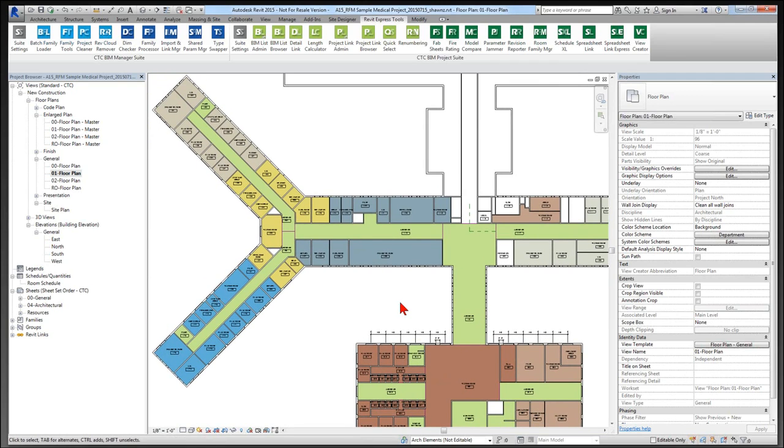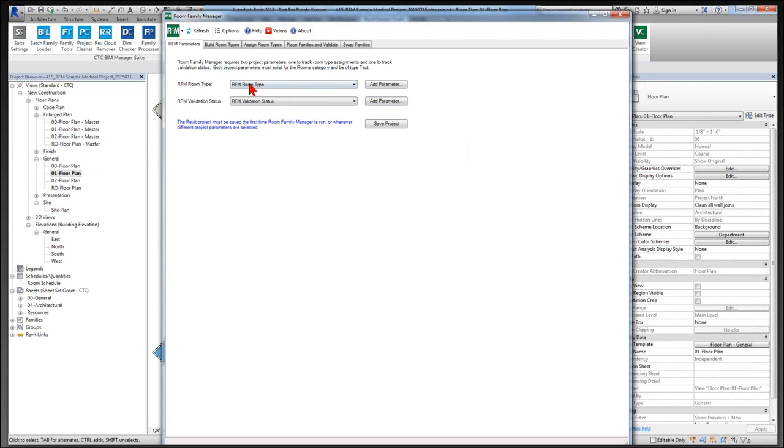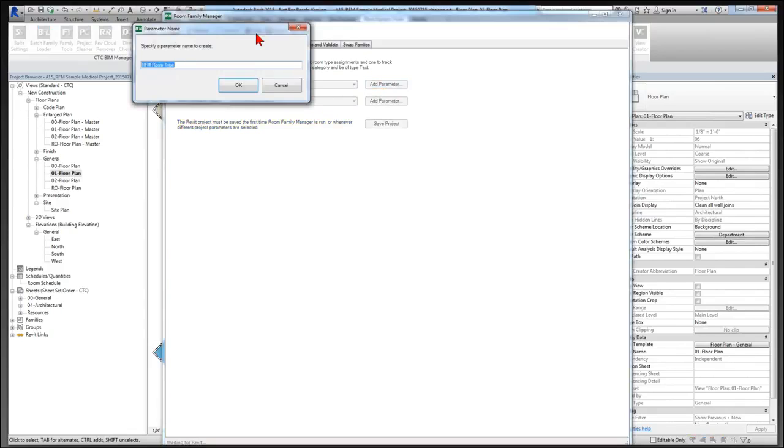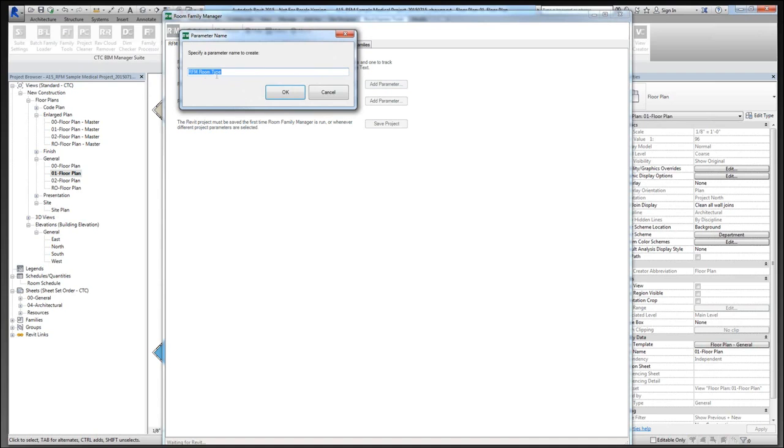And I'm going to show you from scratch how I put this table together, and then I'm going to open up one that I've pre-assembled. So in the Room Family Manager tool, the very first time you open it up, the first step you're going to have is to choose which room type and which validation status parameter you want to be using. Now, what I did is I added these parameters. You can choose Add Parameter here. What it'll do is pull up a little dialog box and let you define the parameter for the room called